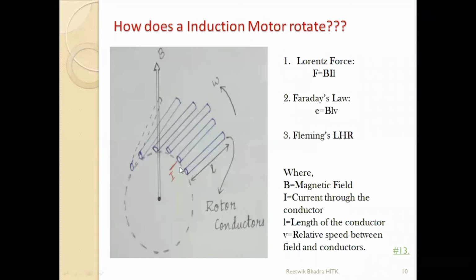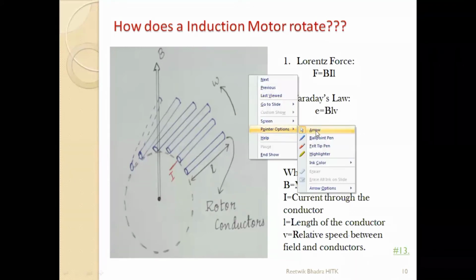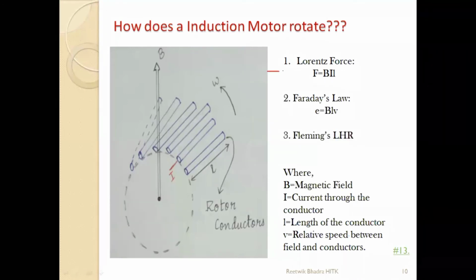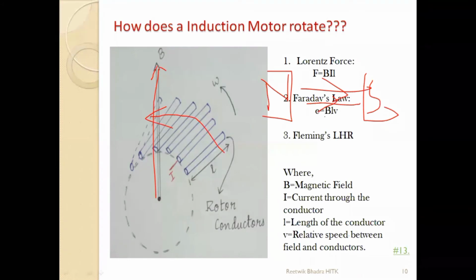But there will be a constant relative speed over here. When we give a three-phase supply, this steady, constant relative speed which I have told you, it will be in the case of a DC machine, because in a DC machine field directions are the same. Suppose the field is always fixed, right? If this is a magnet, north south over here, the field direction is always fixed. B will be fixed. Conductors will rotate, no problem.